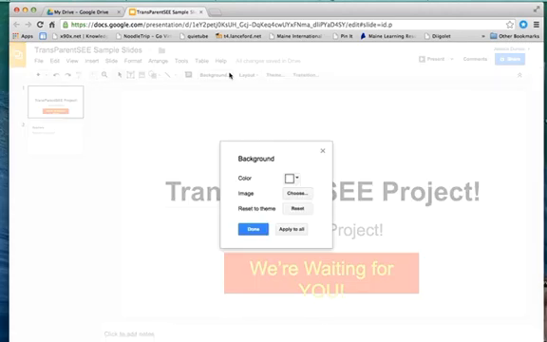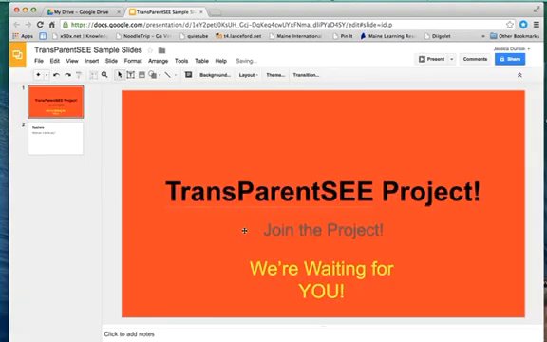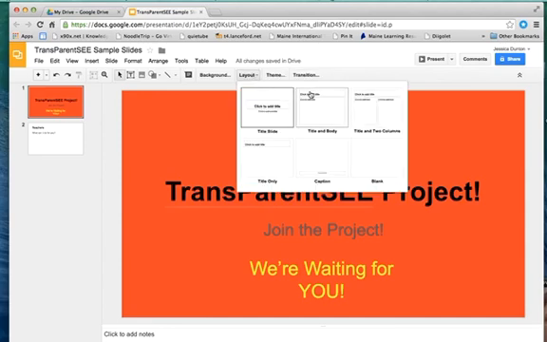But you should be able to get the background of the whole presentation. Say we want to make that red, and there you go. So you can pick any color you want. As far as layout, look, it gives you these different choices, which, as you can imagine, for a presentation is